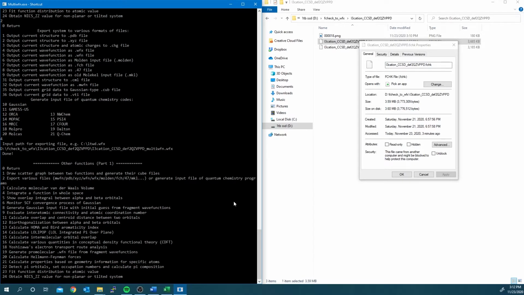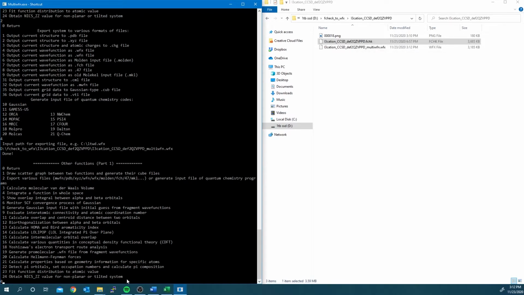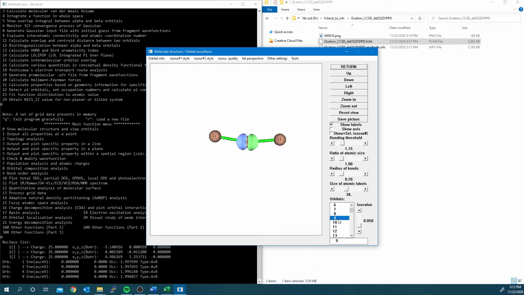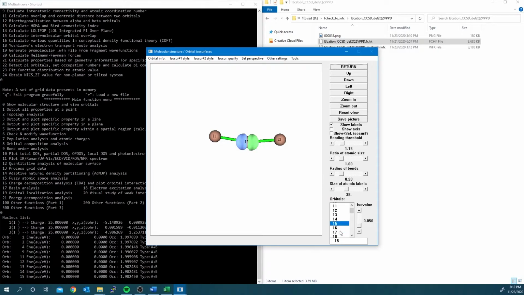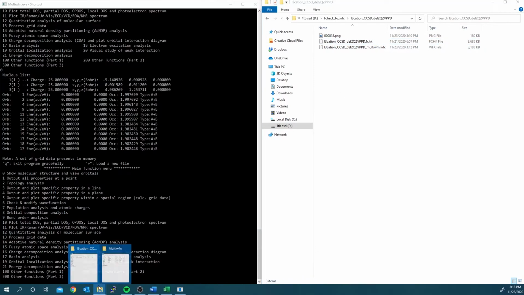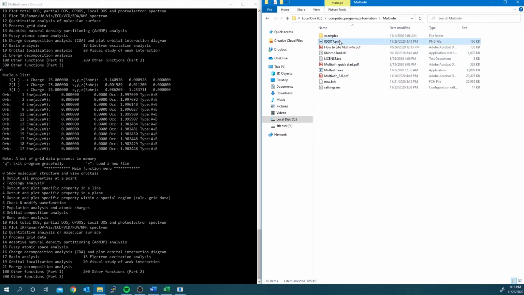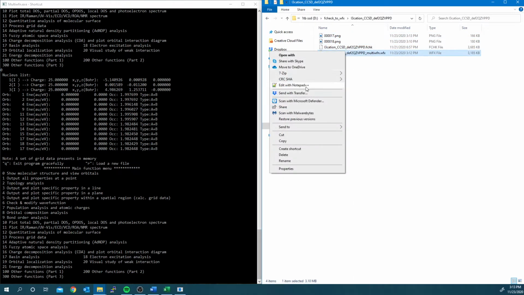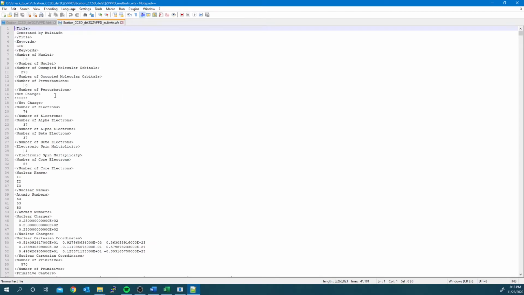If you want, you can go back to view the orbitals with the Return 0 option. Open the WFX output and change the net charge to the correct number.